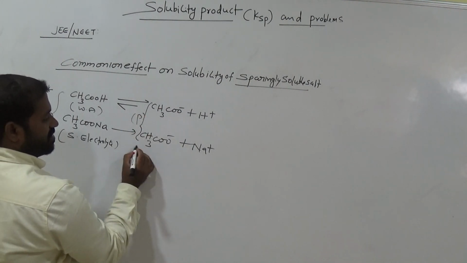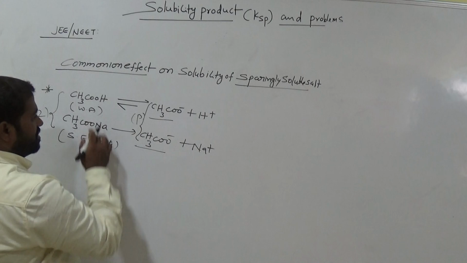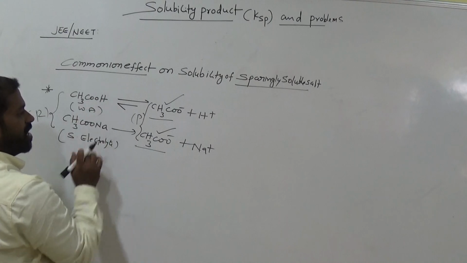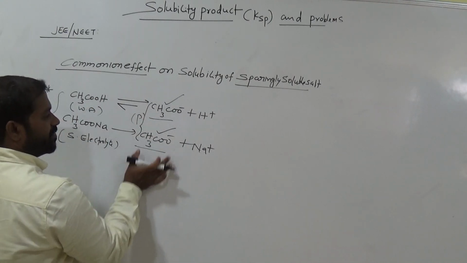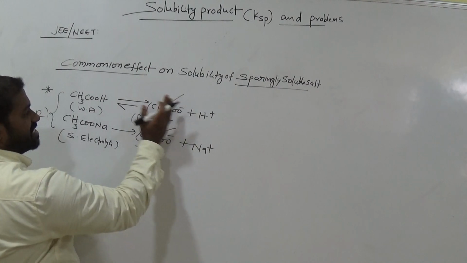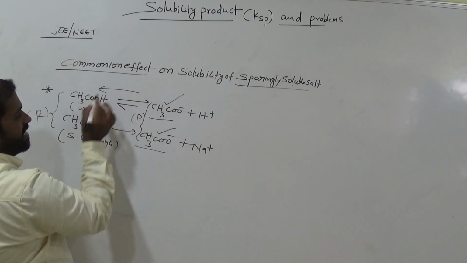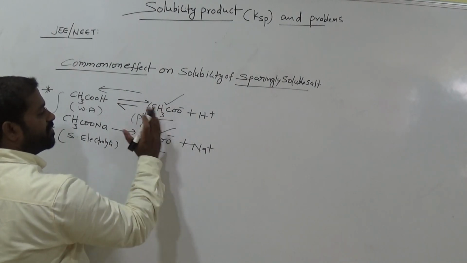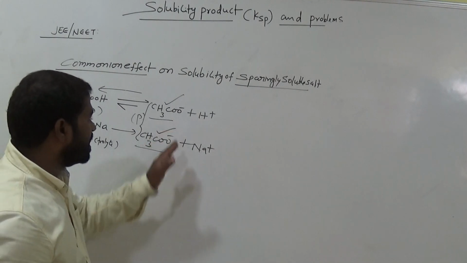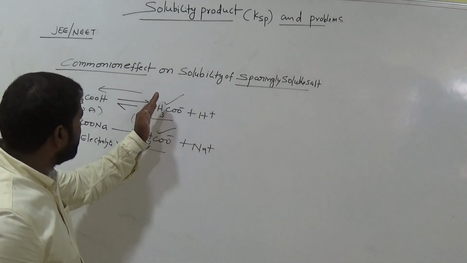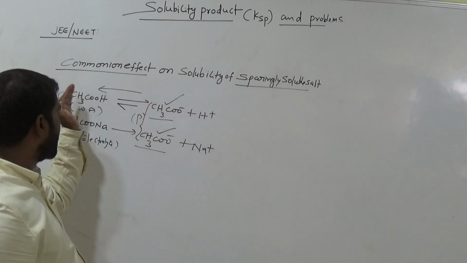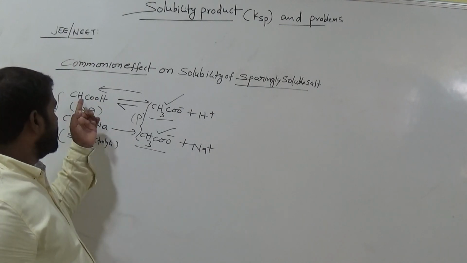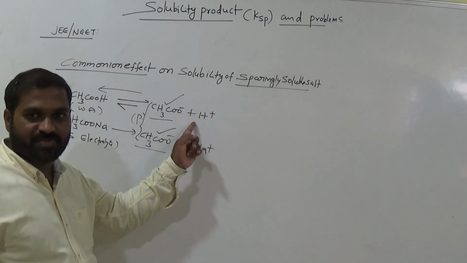At the product side, the acetate ion concentration increases. So in both compounds, which is the common ion? Acetate ion is the common ion. At the product side, concentration is high, so the reaction shifts towards the reactant side, according to Le Chatelier's principle. If we increase the concentration of the product, the equilibrium shifts towards the reactant side. That means acetic acid is formed. Actually in this direction dissociation takes place. That means solubility.